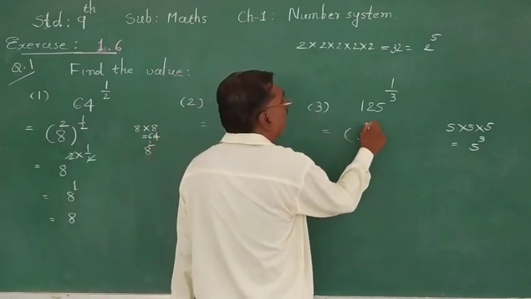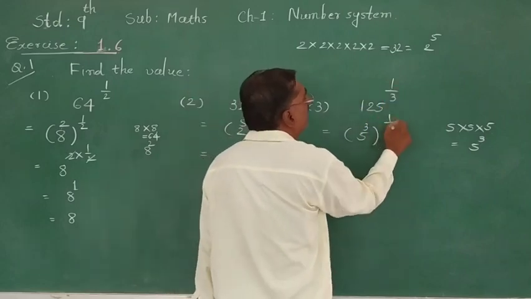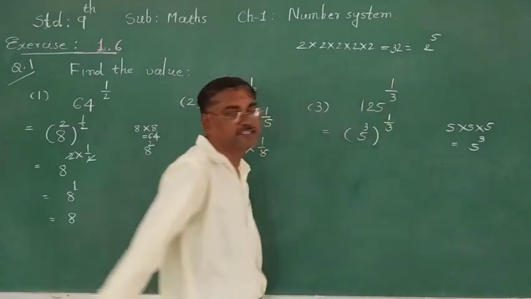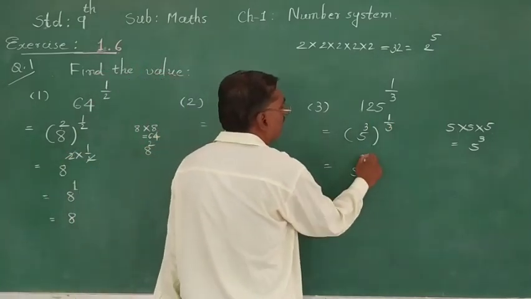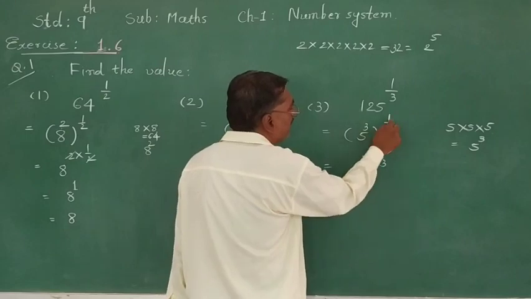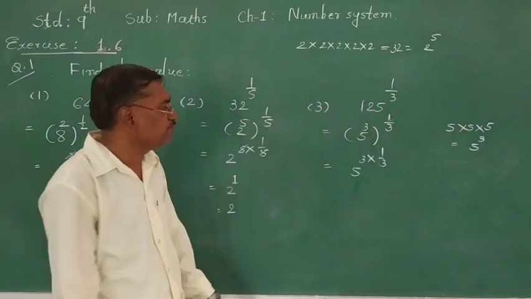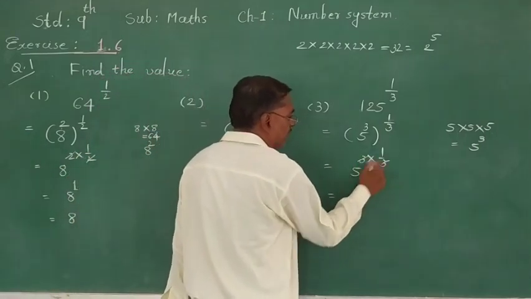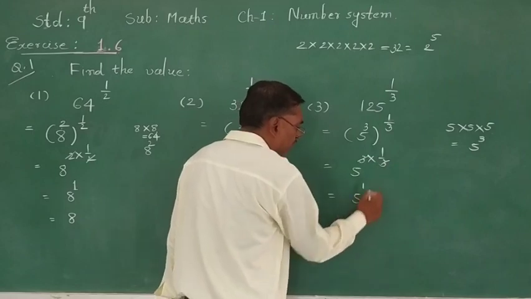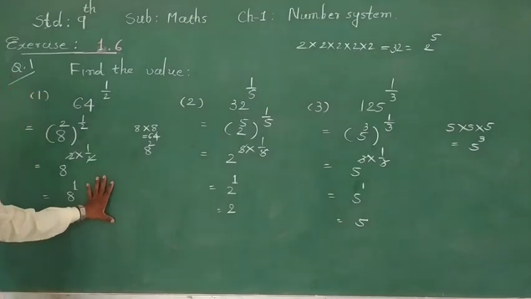Now 5 raised to 3 is 125 raised to 1 upon 3. Exponent 1 upon 3. So 5 raised to 3 multiply 1 upon 3. Power of the power, then we can multiply powers. So 3 will be cut and we get 5 raised to 1. 5 1 times means 5. So this was about finding the value. Now you can write in your